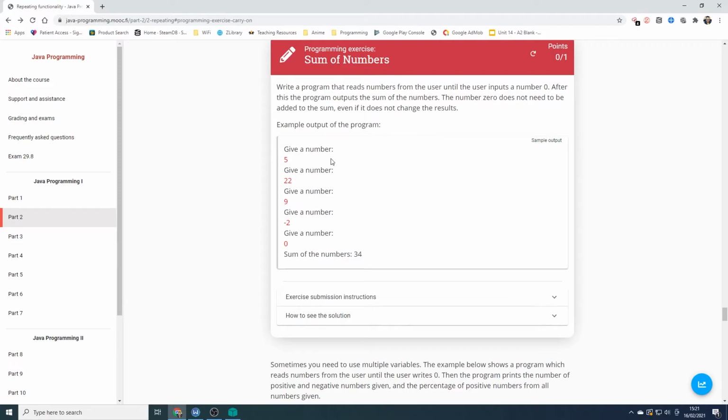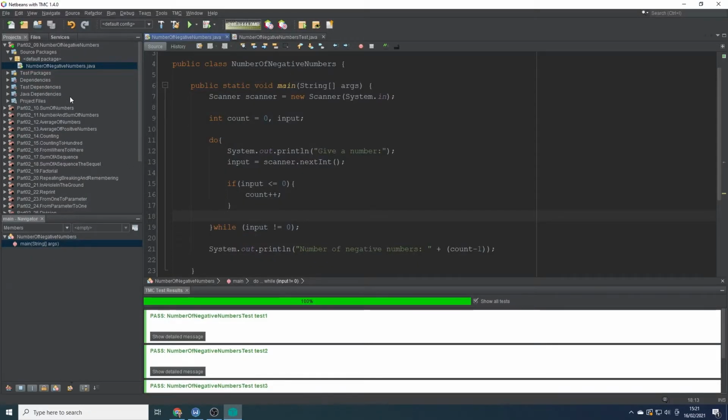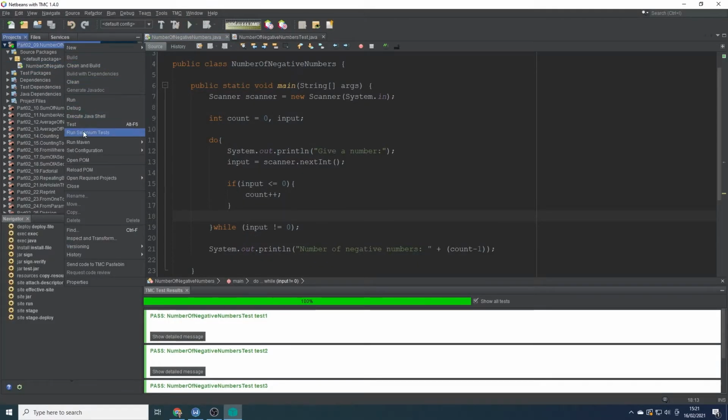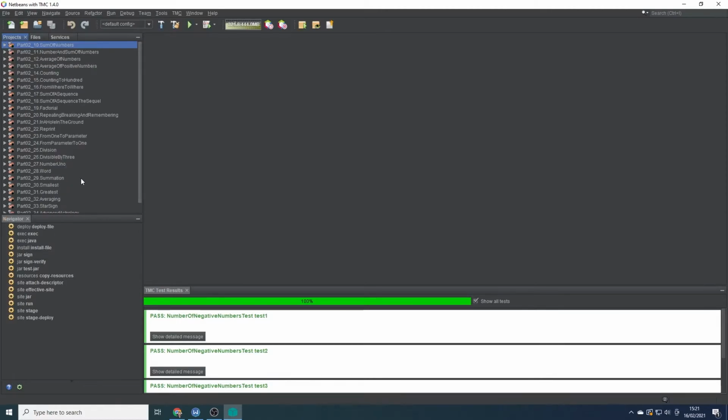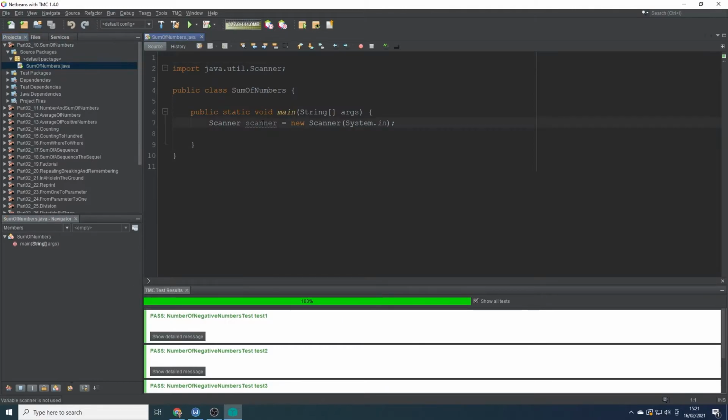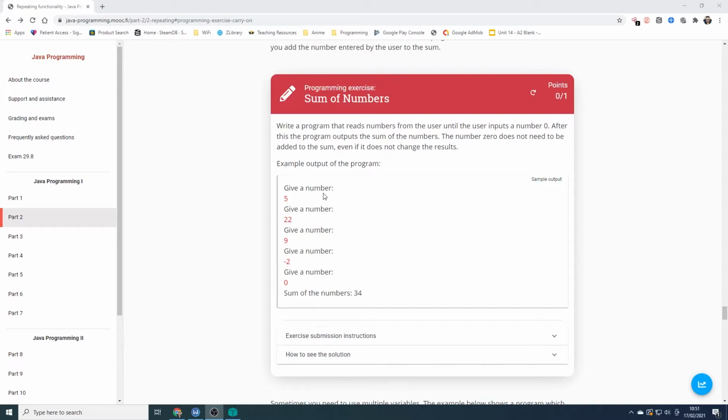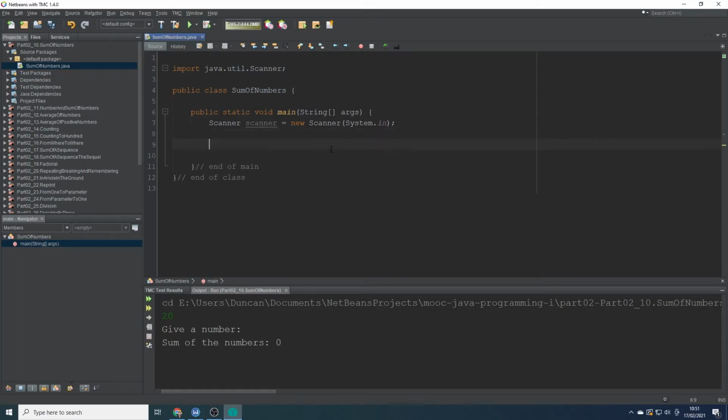Obviously, if you're adding 0 to something, you're not affecting the value. So we need two things. So we need give a number. Oh, let's close this down. And we need sum of numbers. So let's do a system out. Right, so let's begin this sum of numbers exercise. I'm going to copy that and pop it into NetBeans. So that's going to be our user prompt, give a number,